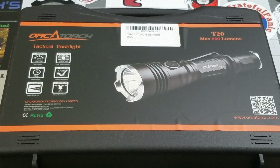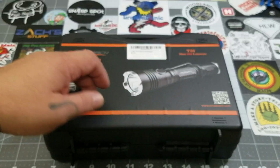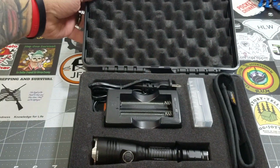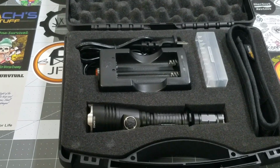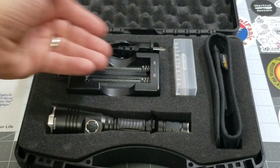Now, let's zoom out here, and we're going to start with a little bit of an unboxing, just to see what comes in this hard case. As you can see, it comes in a hard plastic case. You open it up, and this is what we got inside. We'll zoom in so you can get a little better look there. So, first off, everything that comes in,